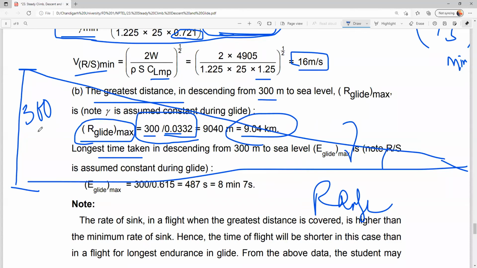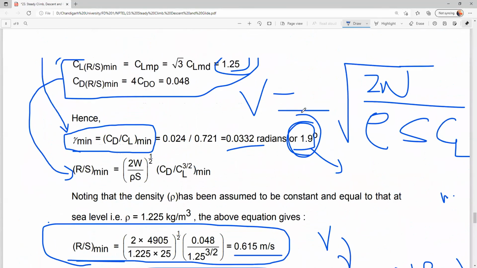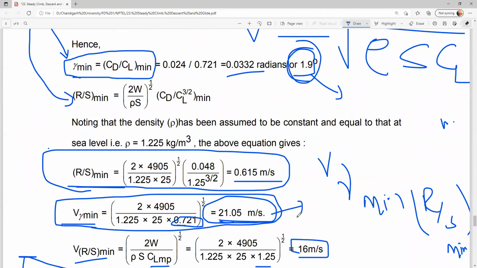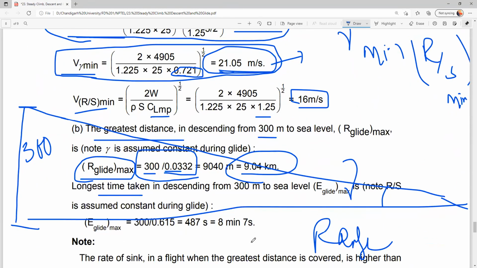See, we are launching from 300 meter, and if you are flying with 1.9 degree, and maintaining the aircraft speed at 21.05 meter per second, we attain a range of 9 kilometers. So if you are starting from Karad, you can land in Chandigarh University, right? If your glider is good and all the parameters are followed, you are not going to use any fuel, any type of propulsion system, and you are not going to harm the environment, but still you can attain a range of nearly 9 kilometers, which is a long distance, right? Without any engine power. So that is a great thing.